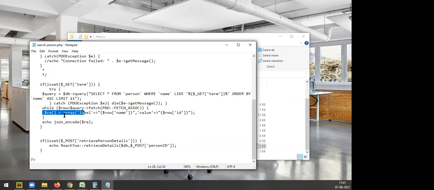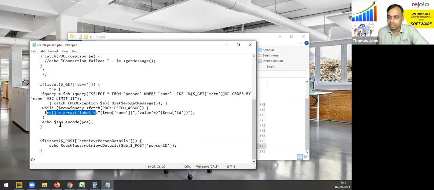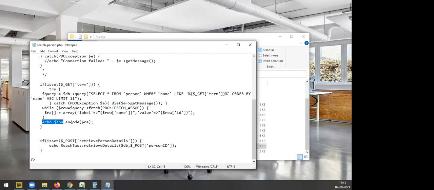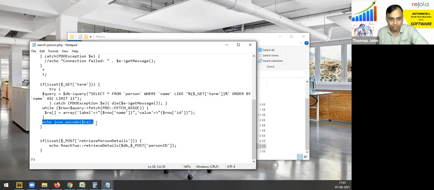After we get them as an array, we are converting them into a JSON string using JSON encode. We are converting that array into JSON, that is JavaScript Object Notation, as a string, and we are sending that to the front end into the JavaScript.